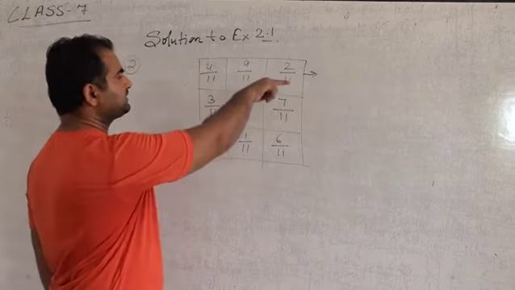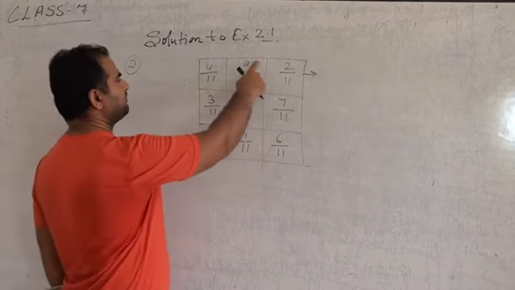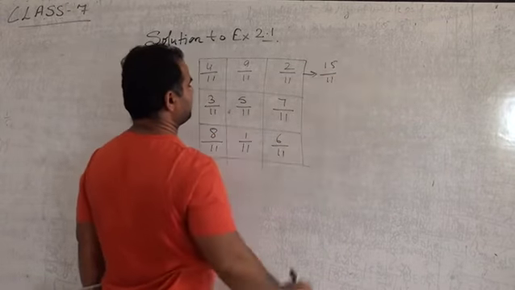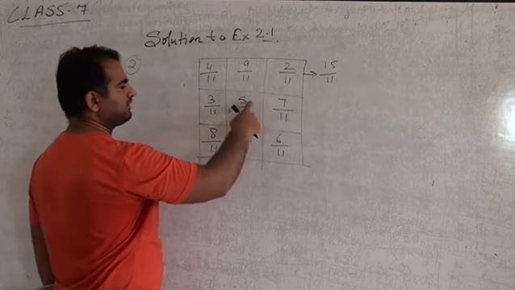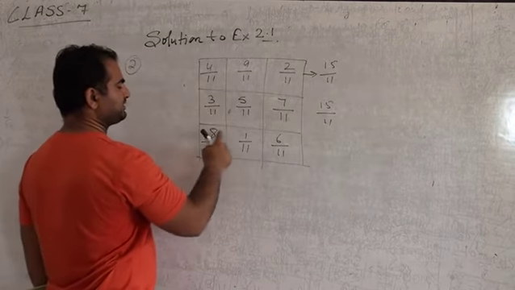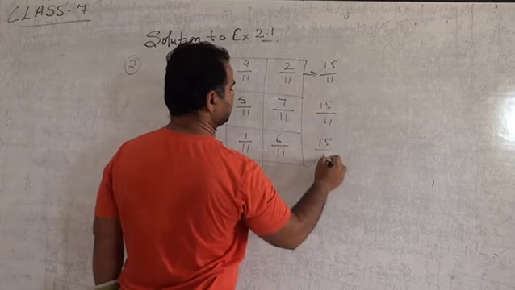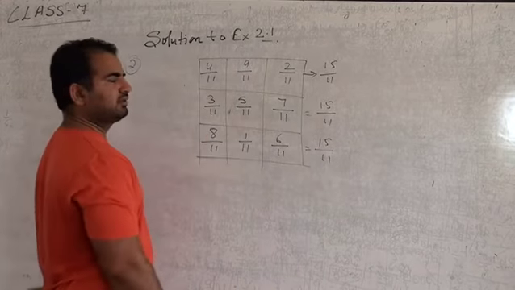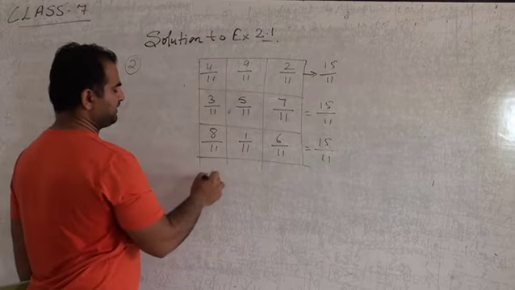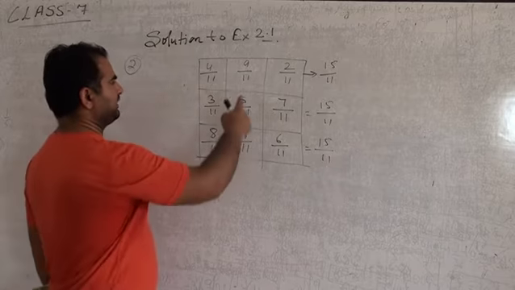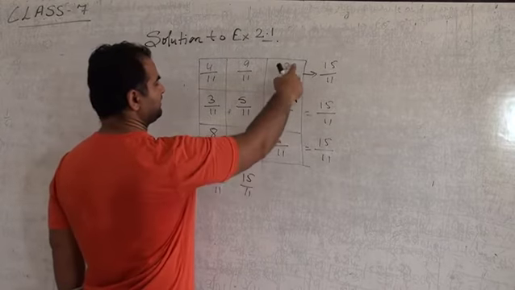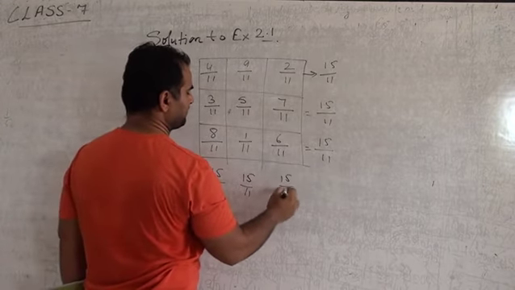So the total of this row will be 9 plus 2, 11, 11 plus 4, 15, 15 by 11. This one will be 7, 5, 12, 12 and 3, 15 by 11. 6 and 1, 7, and 7 more, it will be 15 by 11. Okay. The total of this column will be 8 plus 3, 11, 11 plus 4, 15 by 11. 9 plus 5, 14 plus 1, 15. It will also be 15 by 11. And 7 and 9 is 16... 7 plus 2, 9, and 6, 15 by 11.